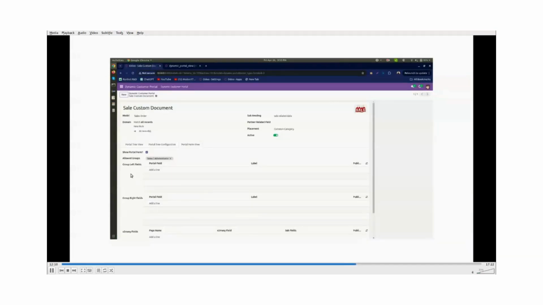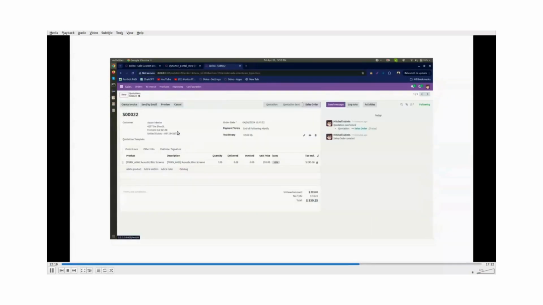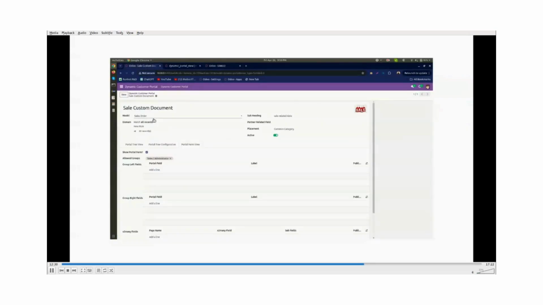Now you can just select fields for your form. So let me show you the original form. This is the original form from the Odoo side. We can also create one like this with the configuration setting. Let's start to add the fields here. Let's add the fields whatever you want to show on the left side of the form. Like I have selected customer. You can select multiple fields.